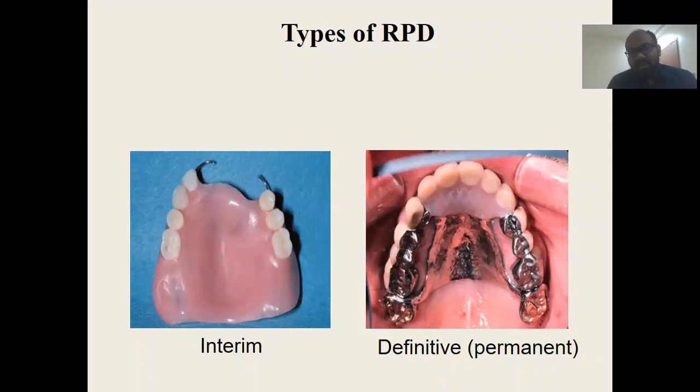Since not a lot of surveying and not a lot of designing is involved in fabricating such an interim prosthesis, there is a tendency that increased forces or more forces could fall on the remaining abutment teeth, and so we could end up losing those teeth. So it is advised that a more definitive treatment option, which involves surveying and proper planning for the prosthesis, be considered as a more permanent option. We call it a definitive option, otherwise known as the cast partial prosthesis.